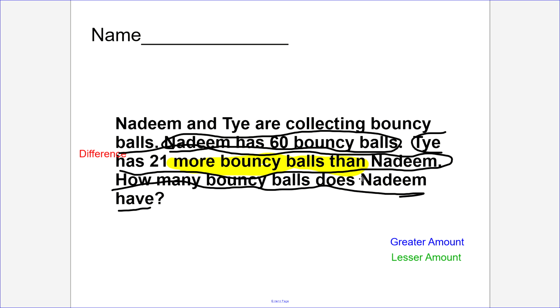Use that information about the comparison that Ty has 21 more bouncy balls than Nadim to figure out who has more, who is the greater amount. Is Ty the greater amount, or is Nadim the greater amount? In this problem, Ty has more bouncy balls than Nadim. So Ty